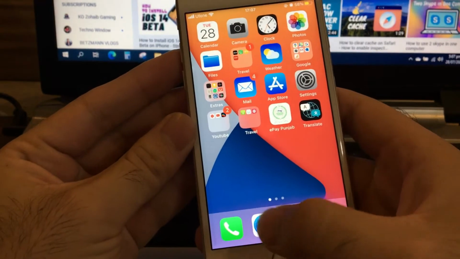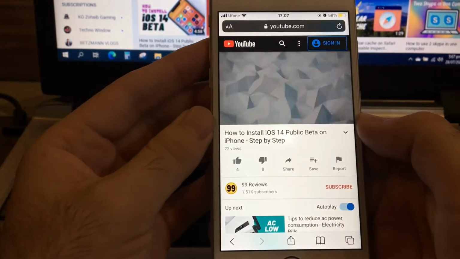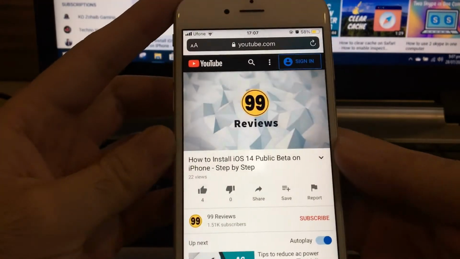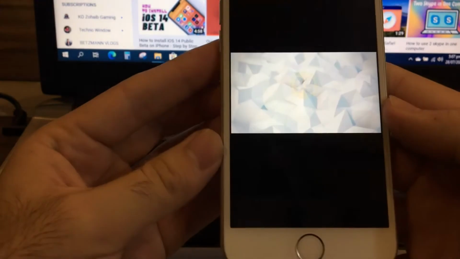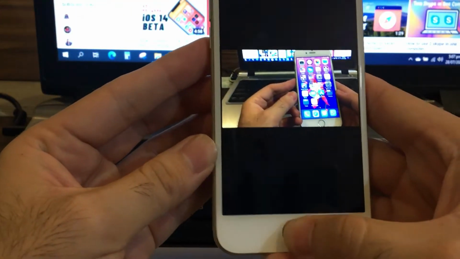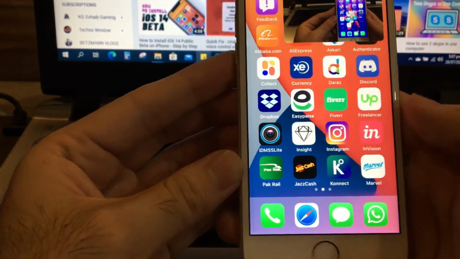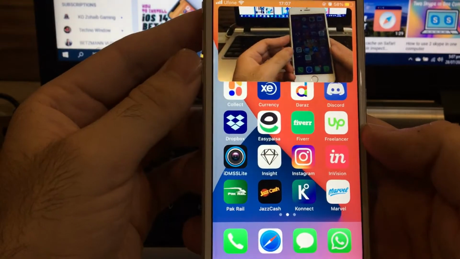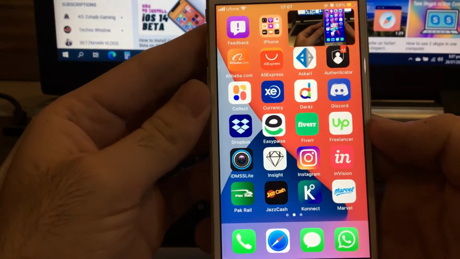The next one is the picture-in-picture feature. You can now continue watching a video or taking a FaceTime call while you use another app. Just press the home button, or swipe up if you have iPhone 10 or above, and you will have this picture-in-picture feature enabled. You can also resize it to small, medium and large sizes, and also you can hide it to the side.